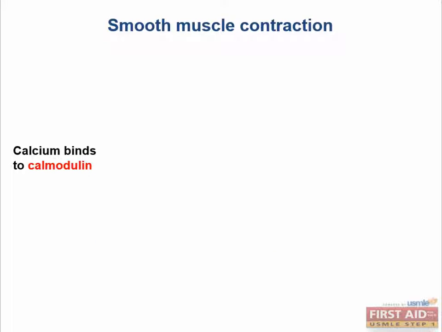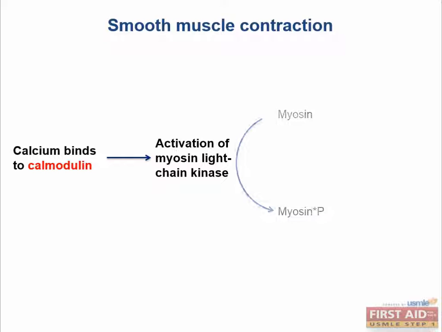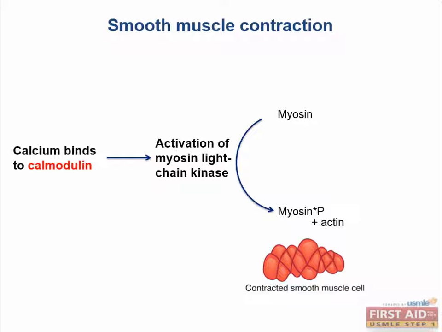Action potentials fire, cause smooth muscle membrane depolarization, and cause opening of voltage-gated calcium channels, which increases calcium levels within the cell. But this is where it changes. Rather than binding to troponin C, the calcium binds to calmodulin. This calmodulin complex then activates myosin light chain kinase, which, as you can likely figure from the name, will directly phosphorylate myosin light chain. When myosin is phosphorylated, it will form cross bridges and cause contraction of muscle as it moves